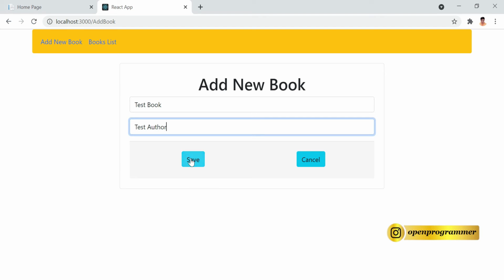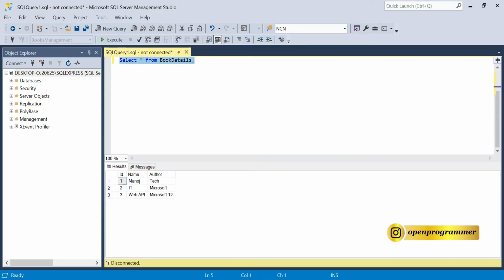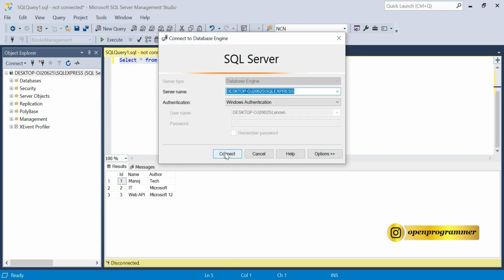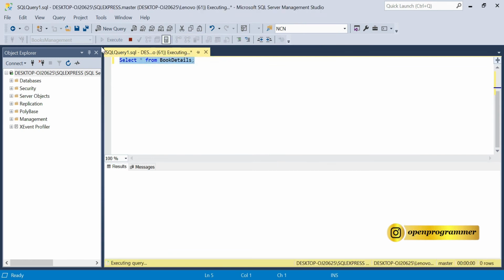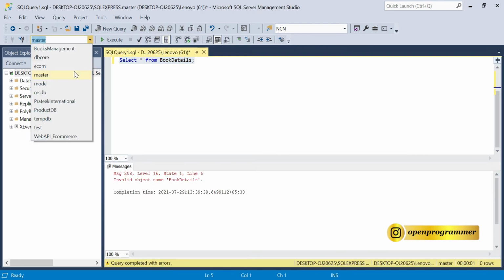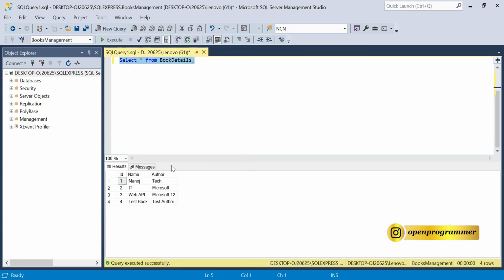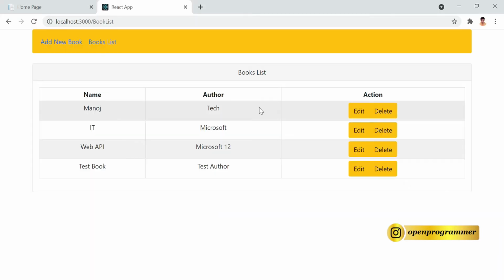If we click on save, the book gets saved, and if you go back to SQL Server, you can also check this in your database. It should be in the table. So you can see the details in the table.